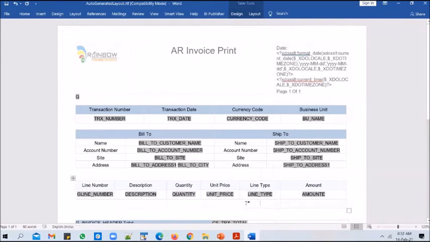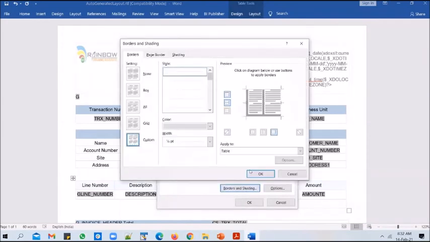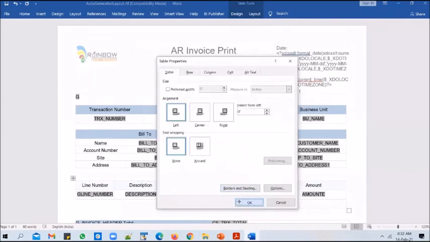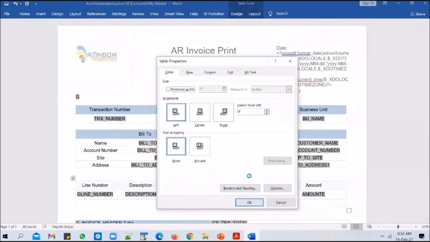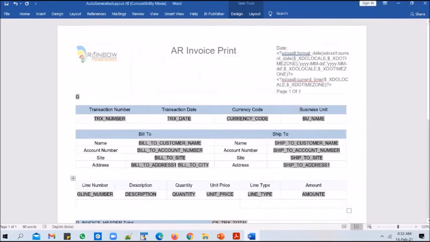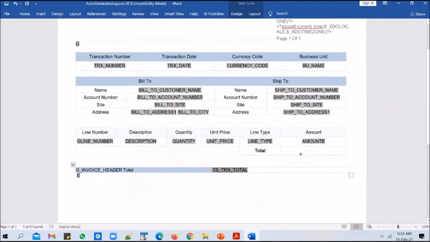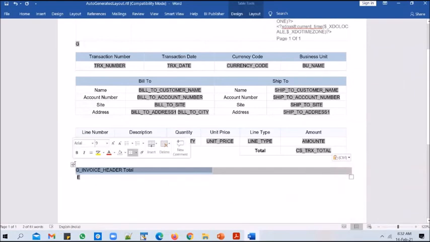And for this one, you need a left border. So you do a right click, table properties, borders and shading, and enable the left border. You can select it that way, and you can enable a middle line. Click OK. And you want to call this total. And you probably might want to print it in bold. And you have the transaction total that we have generated as an aggregate column. So you can print it there and display it. And we can take off this column as well. We don't need this. We don't need this table.